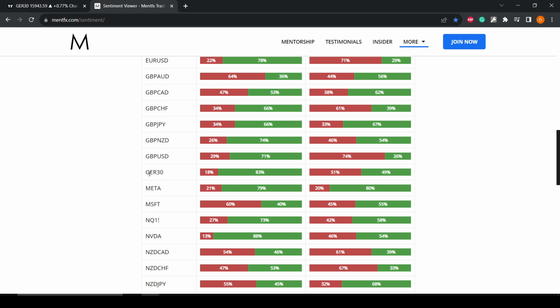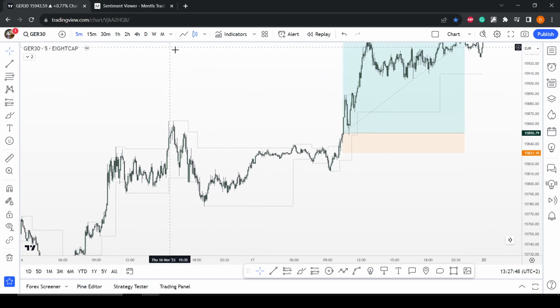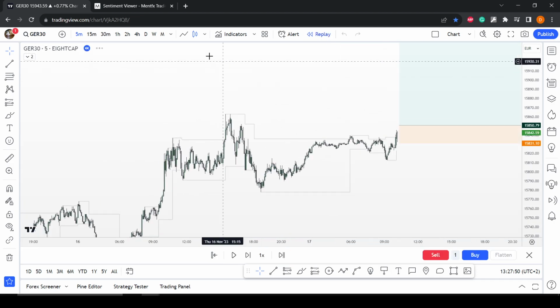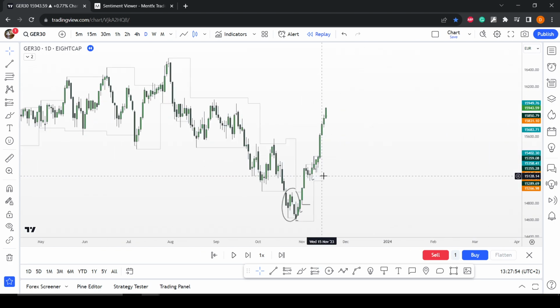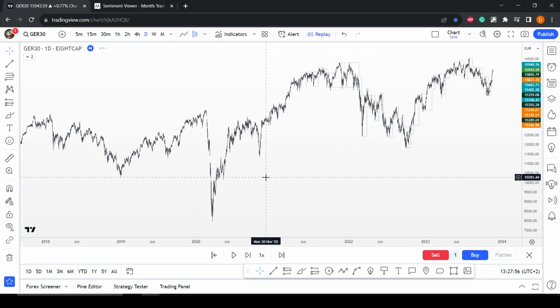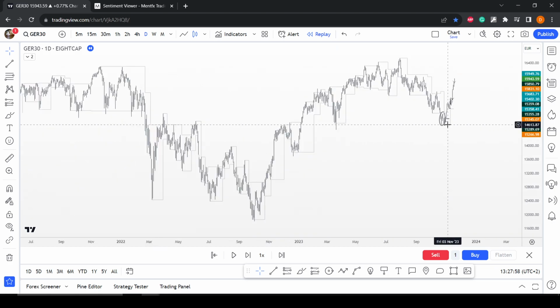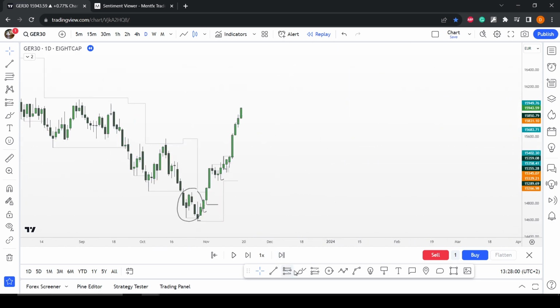So the main trade was on Germany 30, which is very bullish intraday wise and like 50-50 on daily. So here is how the chart looked before the trade. As we discussed before, this is an overall bullish market, as you can see, with recent bullish pushes and creation of impulse, correction and impulses, breaking new highs,